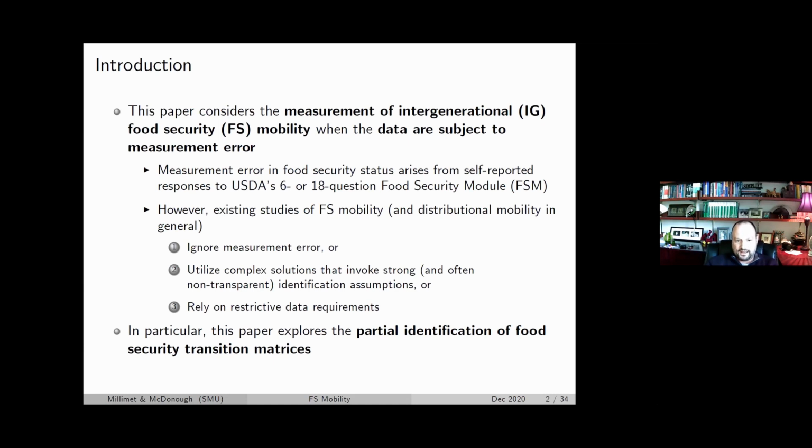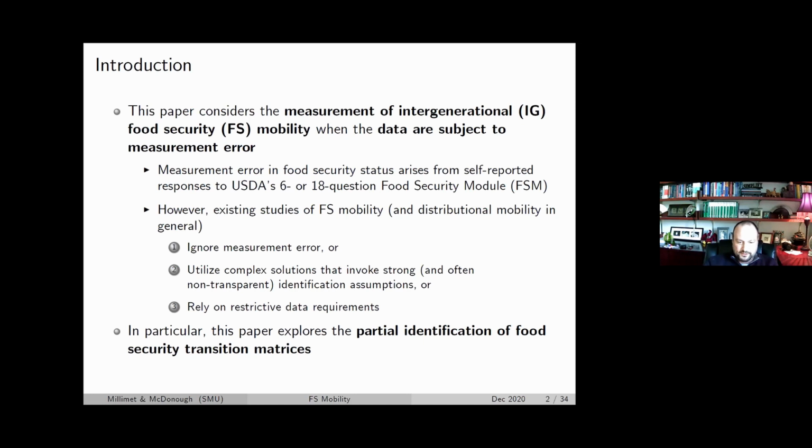But even if that was the case, as Lou pointed out in his talk, sometimes some of us have to get stuck using the PSID when we don't have access to administrative data, or if we want to look at mobility in developing countries, then you may not have access to administrative data. So we don't want that to be the only solution anyway.